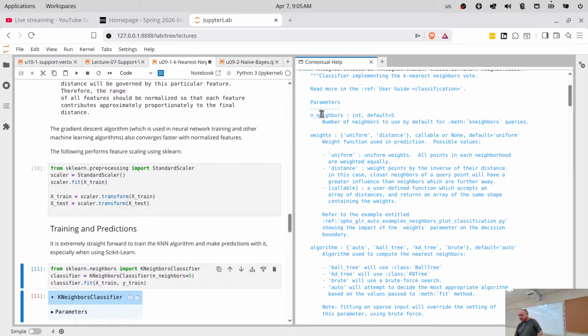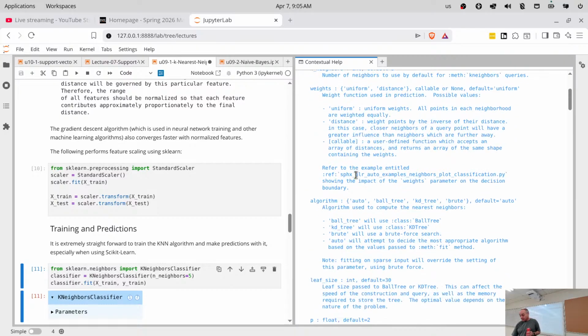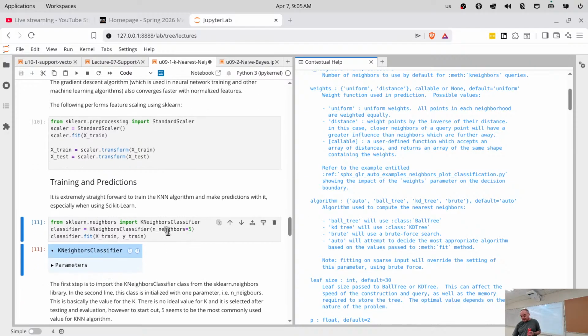But usually the number of neighbors is the most obvious metaparameter that's going to affect the performance. For a given data set, a smaller or bigger number of neighbors will usually give you better performance. Some of the other parameters you can use in scikit-learn for the k-neighbors classifier are